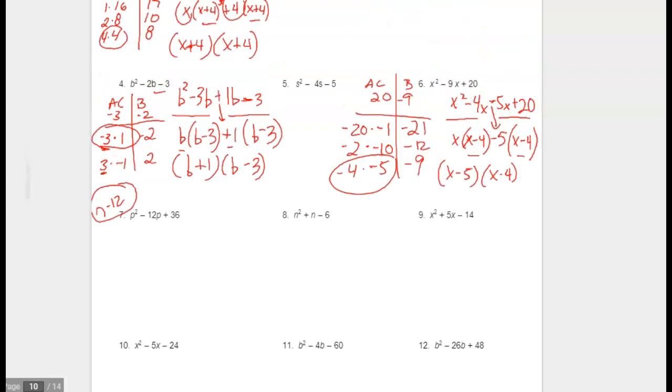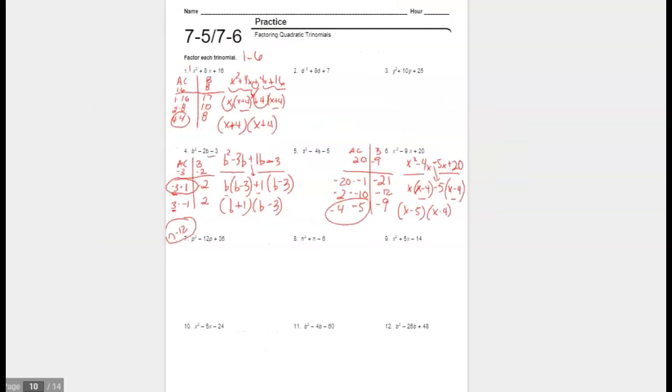And of course, if you're doing the same sheet though, it would make sense that you would upload 1 through 12 because it's all on the same page. So don't feel bad about that. But your formal